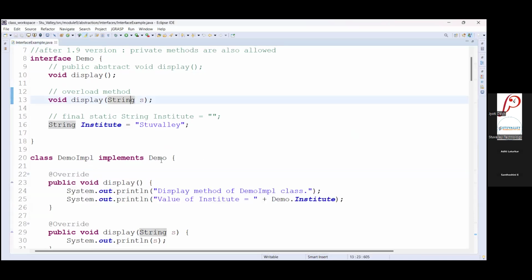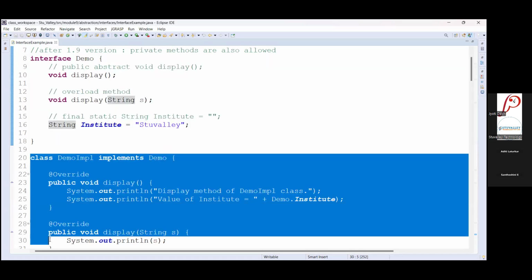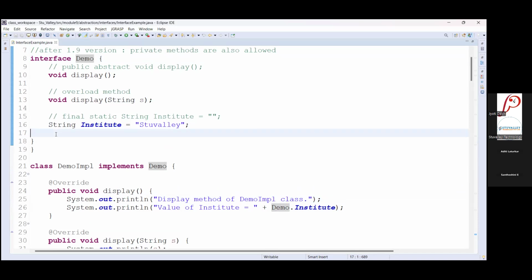Okay, so similar to this, sometimes what happens, as you can see, we have written this interface and implemented it in this class DemoImpl. Suppose I want to add new functionality into this interface, say a method void print.